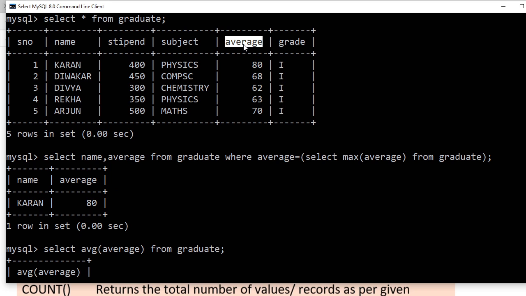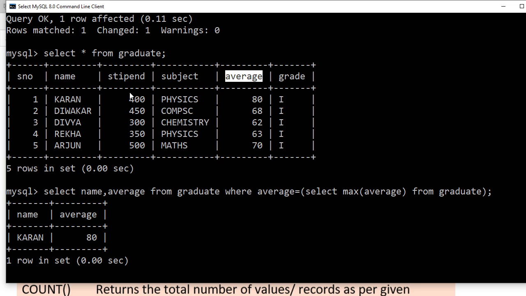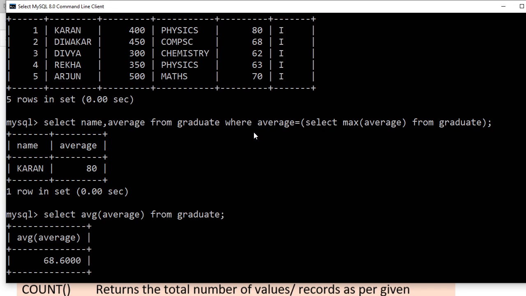Okay, so I want to categorize according to the average marks of the class. So I'm going to categorize into two groups. One group has fewer marks than that average, and one group has more marks or equal to that average. So what to write for that? I want to print the names of all the students whose average is greater than or equal to this average coming here.